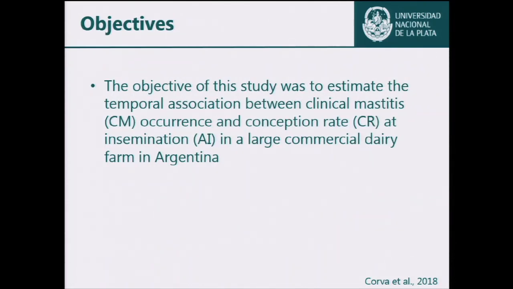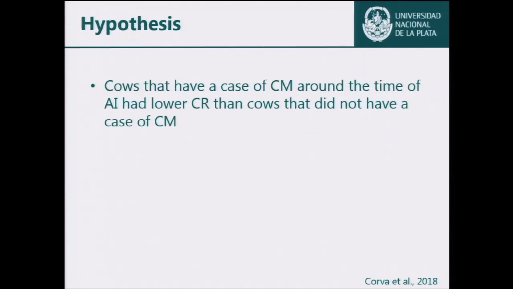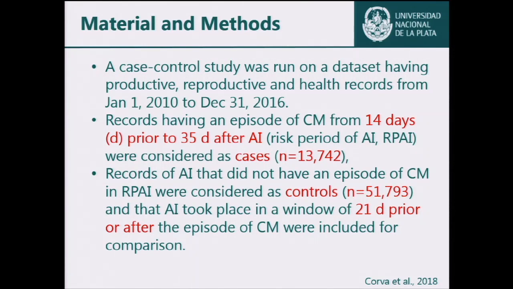So this work takes the approach of going back and doing an epidemiological study to estimate the temporal association between clinical mastitis and conception rate at insemination, not just at the first insemination after the voluntary waiting period, but at any insemination that the cows had during the lactation. And the hypothesis was that cows that have clinical mastitis around the time of insemination had lower conception rate than cows that did not have clinical mastitis. So basically what we did is a case control study